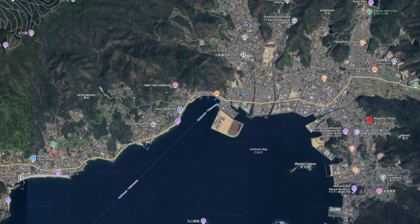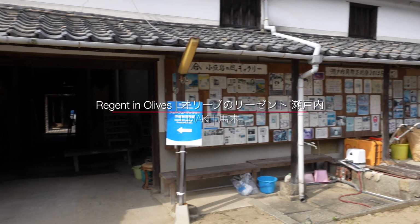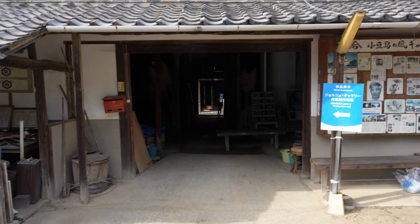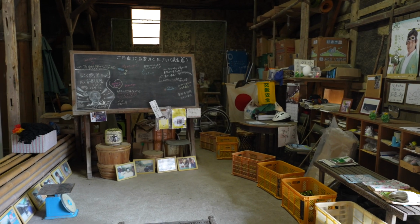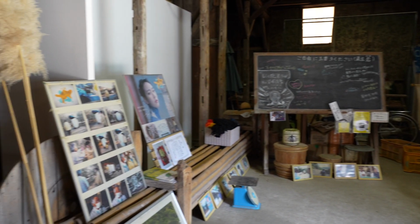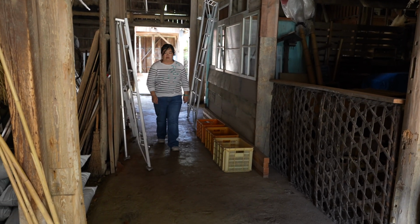Hey, Charlie from the future. I'm just cutting in. I don't actually know if I mentioned that we went to go see the Olive Regent, and I do have footage of it, so I'd like to put it in here. But before going to Marukin soy sauce factory, we actually drove up this crazy road, which was super narrow, super thin, over these crazy bridges that I don't think cars really should be going over, and parked in this crazy little area to go see this olive with a...